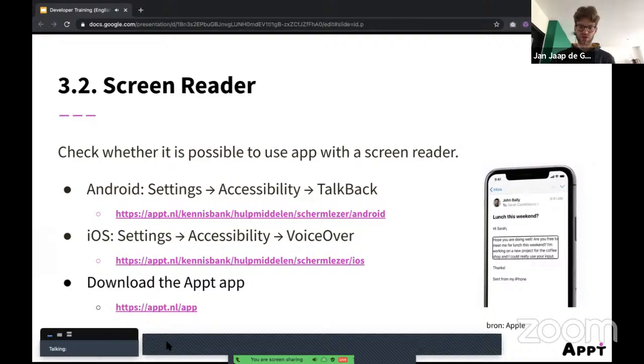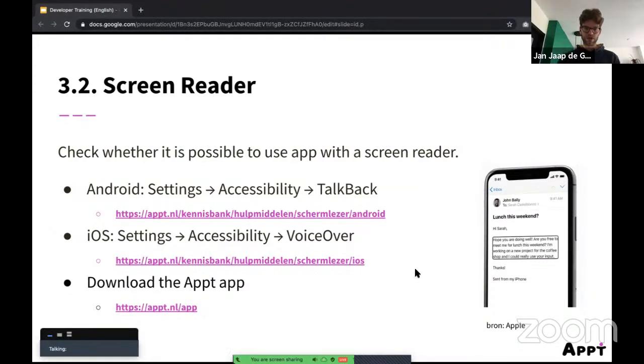That was a quick demonstration of the screen reader. So for example, if there are certain buttons or images in your app, for example, you have a share button or some kind of favorite button which uses an image, you need to make sure that the image is labeled. Otherwise, the voiceover will just read out "image." You don't know if it's a favorite image or if it's favorited, yes or no, because the screen reader doesn't know if it's a yellow favorite icon or a gray favorite icon. So you need to make sure that you actually set a label to images, for example.